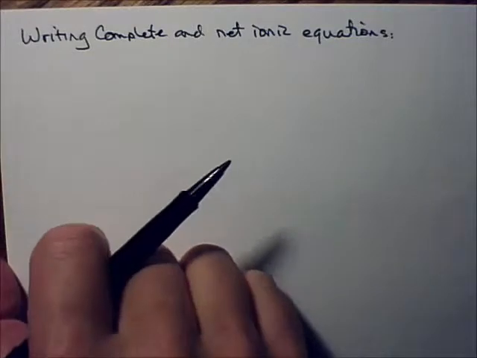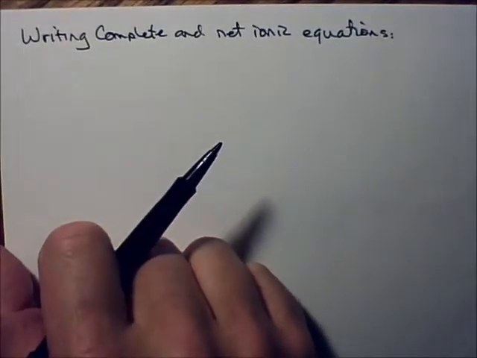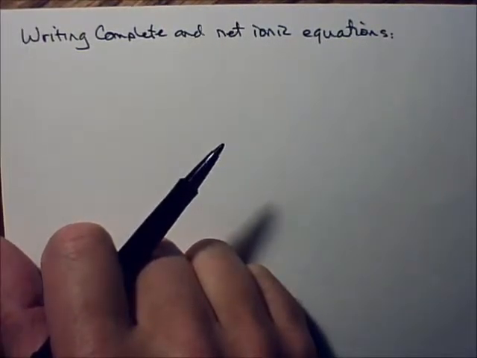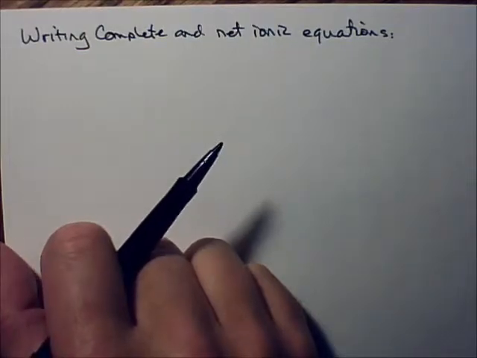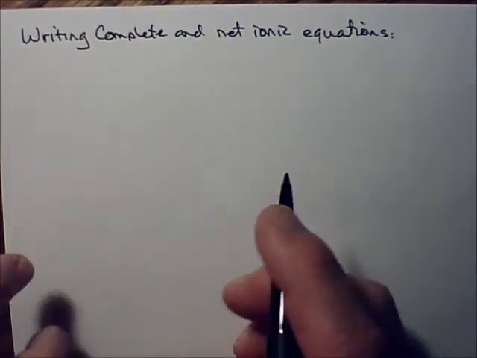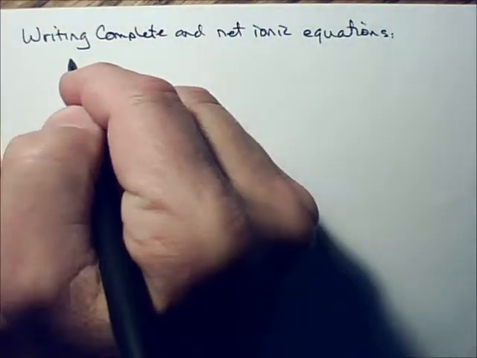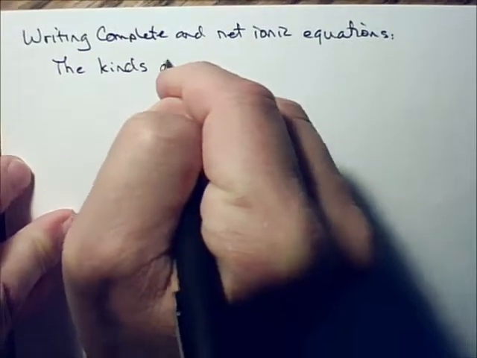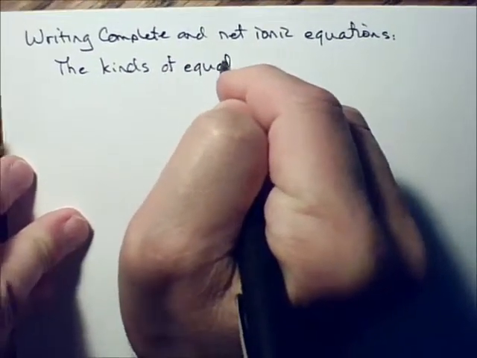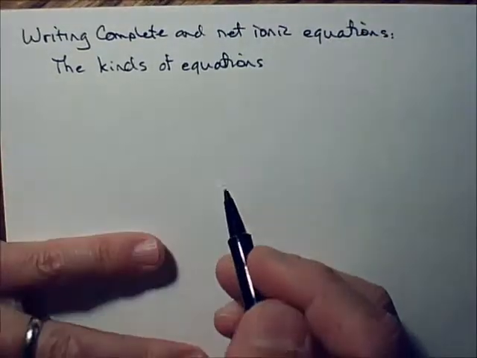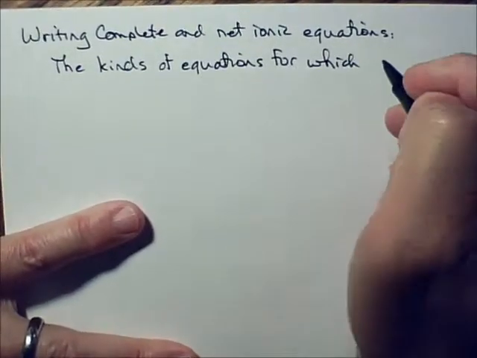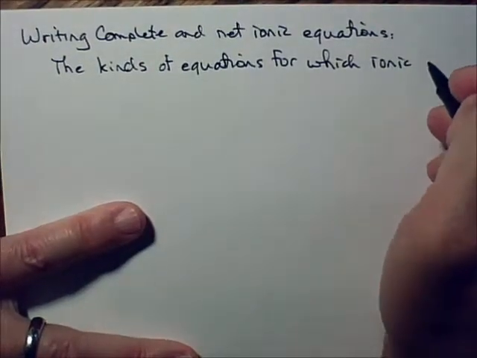Before you can write complete or net ionic equations, you got to know you have ionic compounds in the equation. Okay, it's got to be. Now there are only, well, I guess you could say there's three kinds of equations that we do in this class where you have complete net ionic equations. The kinds of equations that we've learned about in this class, for which ionic equations can be written,